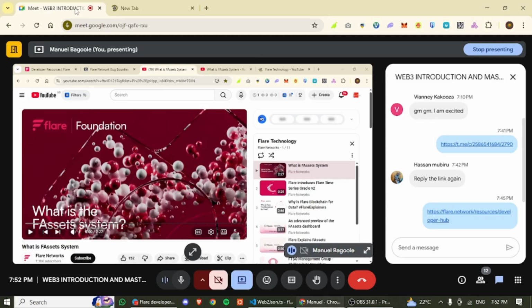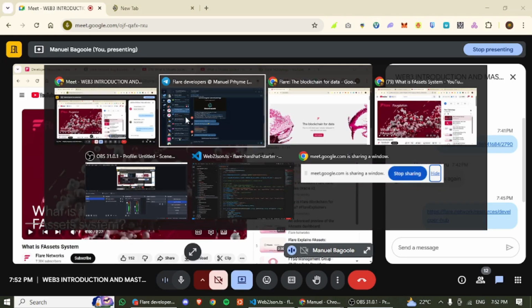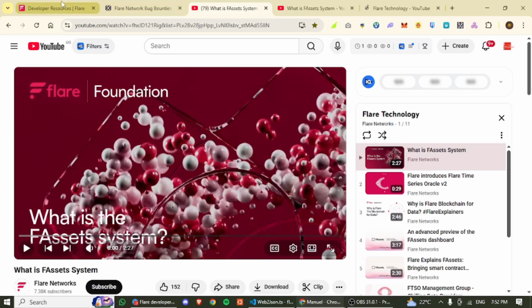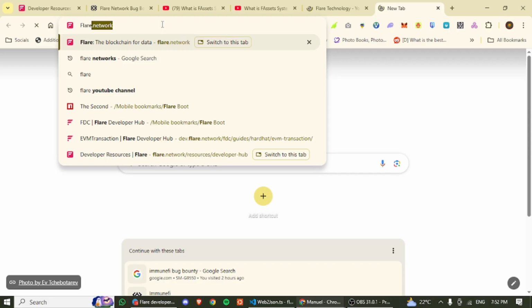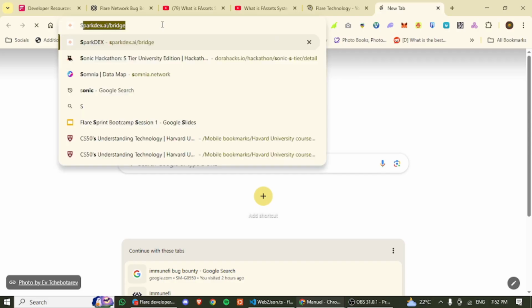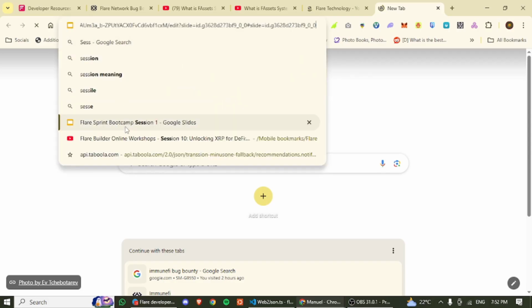The easiest I can do really is to share the actual QR code.